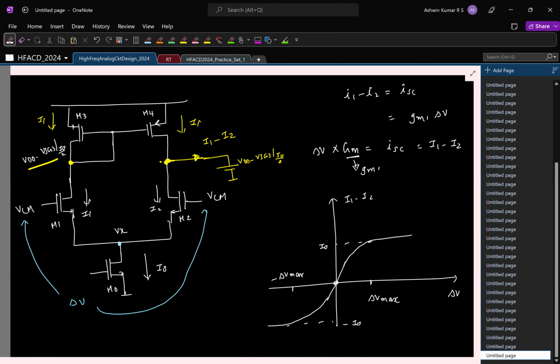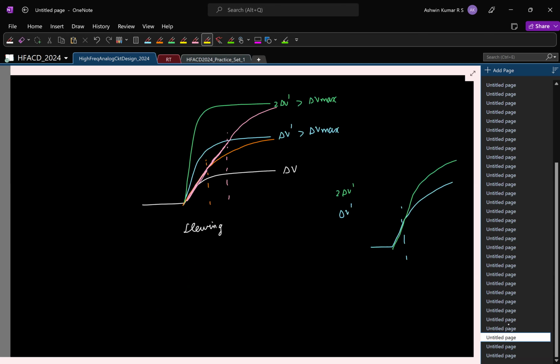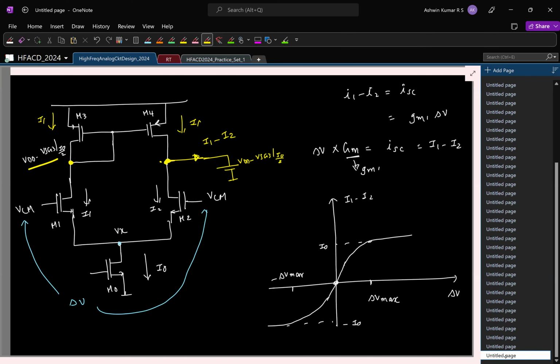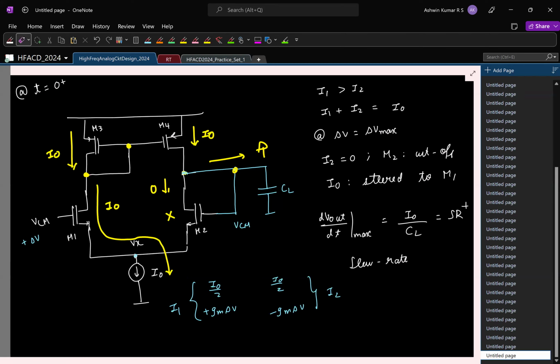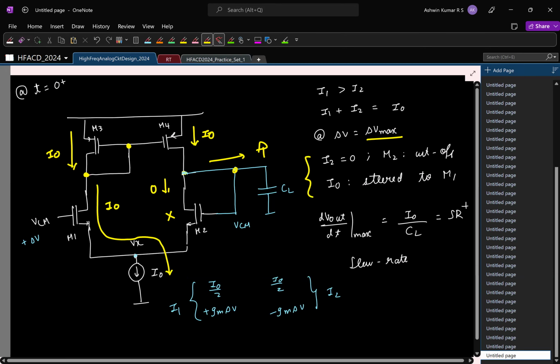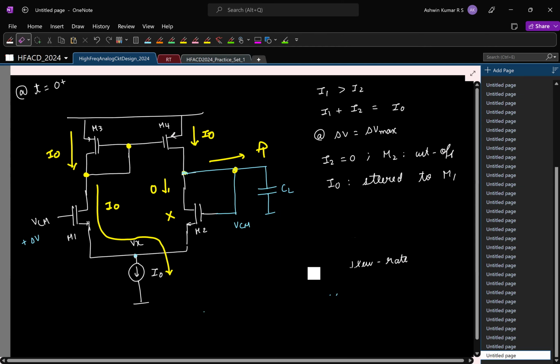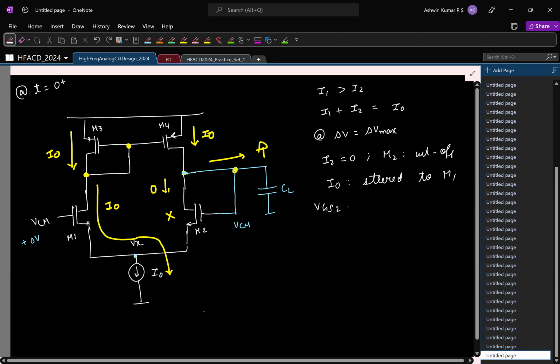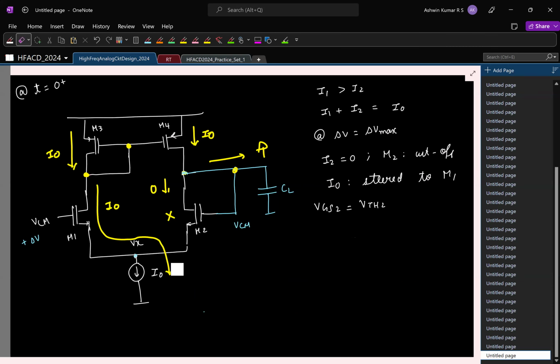Cool. So, one more thing. Let's quickly find out what is this delta V max. Maybe that also we can do. For that, let me use this. I know that at delta V max, these two are going to happen. Okay, solve this. So M2 is just entering cutoff at delta V max. So what can you say about the gate to source voltage of M2? It has just entered cutoff, so it is VTH2. The gate voltage is VCM. So what can you say about the source voltage? We'll remove this. So Vx is